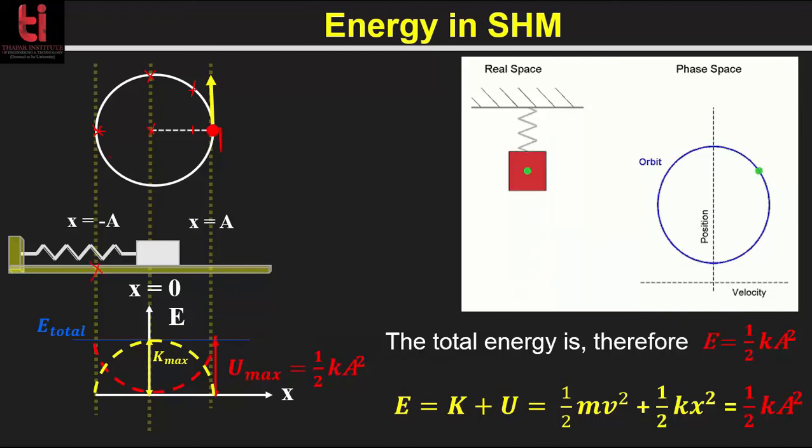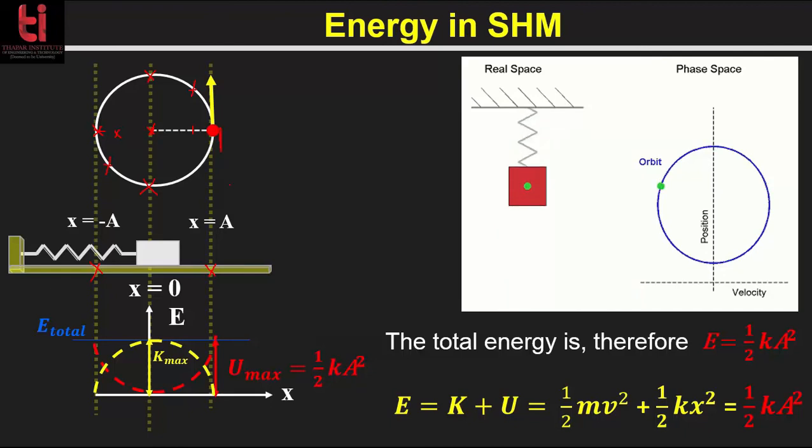Now when the particle is here, the projection is actually here. So when this particle is here, it is in the equilibrium position. So you can see here that the projection of uniform circular motion can be viewed as simple harmonic motion. So when the mass is at the limits of its motion, that is when x is equal to a